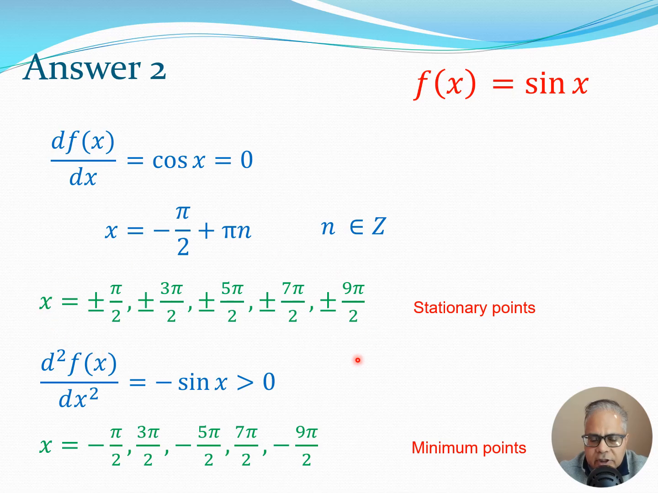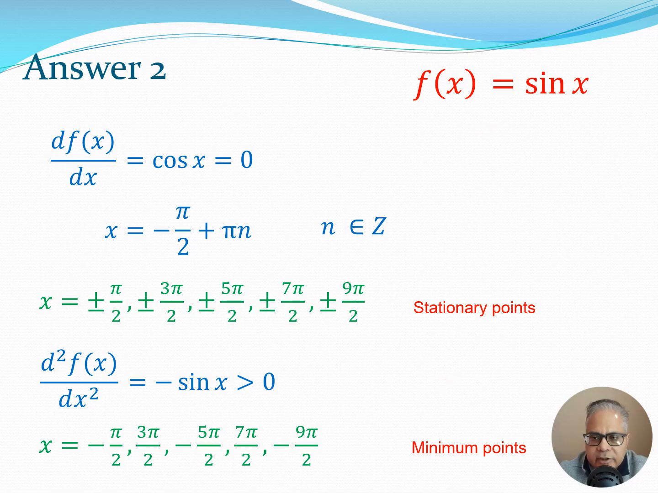Now if I look at all these stationary points, there are only a subset of points at which the condition is satisfied that the second derivative is greater than 0, and these points are minus pi by 2, 3 pi by 2, minus 5 pi by 2, 7 pi by 2, minus 9 pi by 2, and so on. So again, this is a continuing series. You can put some dots here to make that clear. So here we see that the necessary condition gives us stationary points, and the sufficient condition is the second derivative condition, which gives us the minimum points of this function. Now you can of course graph sine of x, and you can